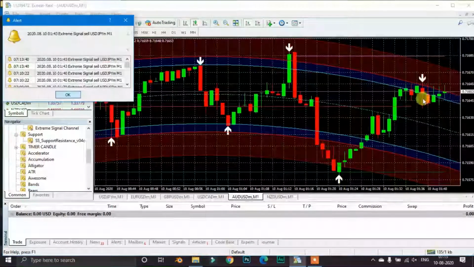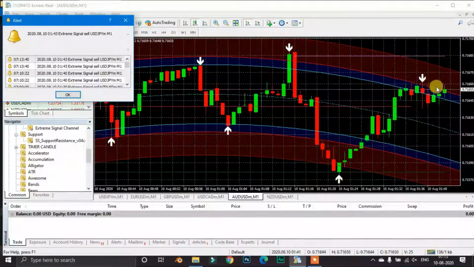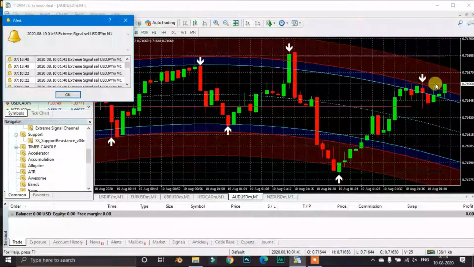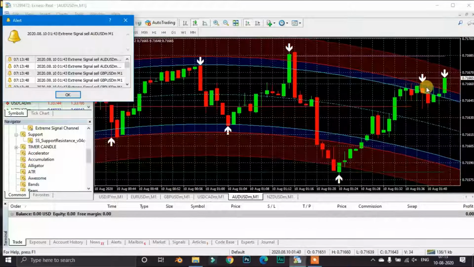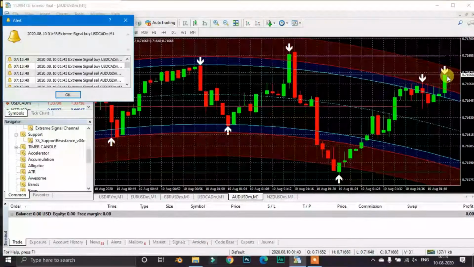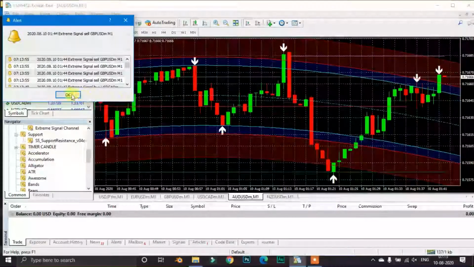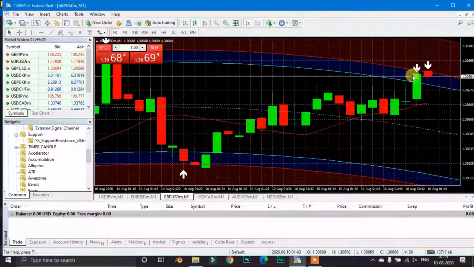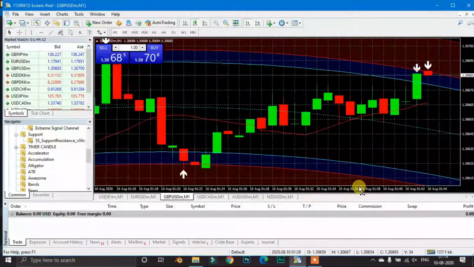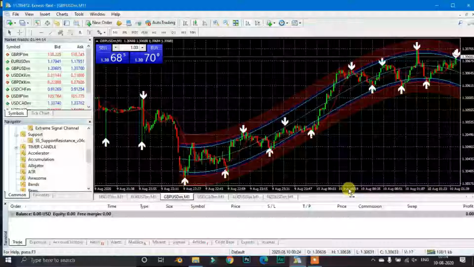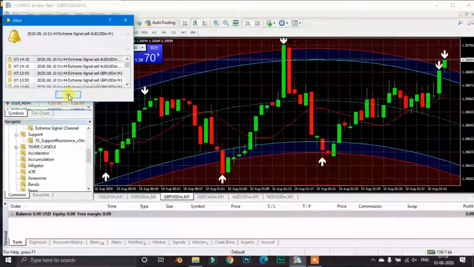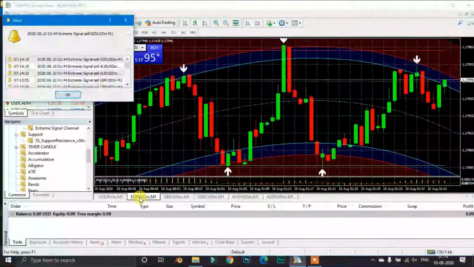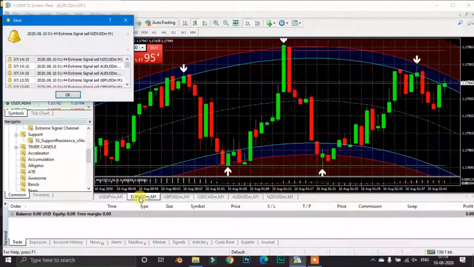Here you can see there is no support line, but the price is going up. I have just told you that without any support and resistance level you can't take a trade, because this is a fake signal. Here you can see two signals, but there is no support line, that's why it's showing like that. But you should avoid these things. This is the only way to trade. Otherwise you may lose all of your money.